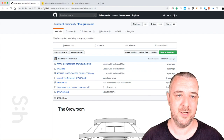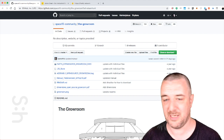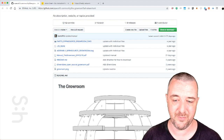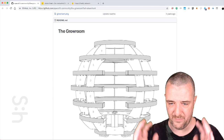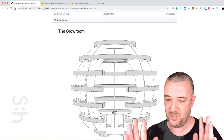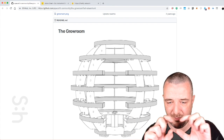Last three today then. Space 10 Community, the Grow Room. All of this stuff is on GitHub, so you can build this out yourself. This is what it looks like. It's like slats of wood at a certain angle. I presume you could laser print these. You could cut up the design and laser print it bit by bit, and then you've got shelving